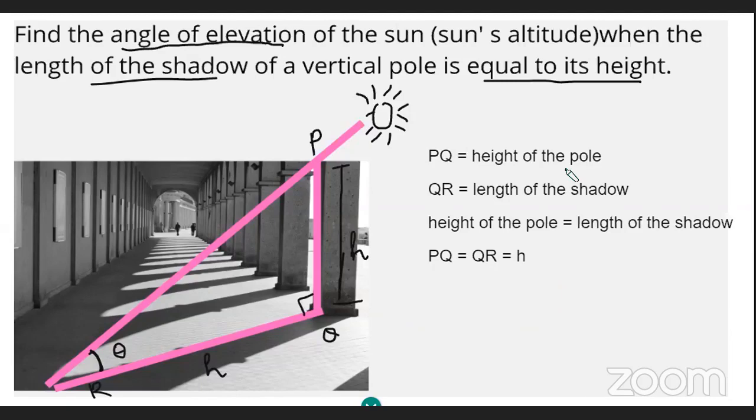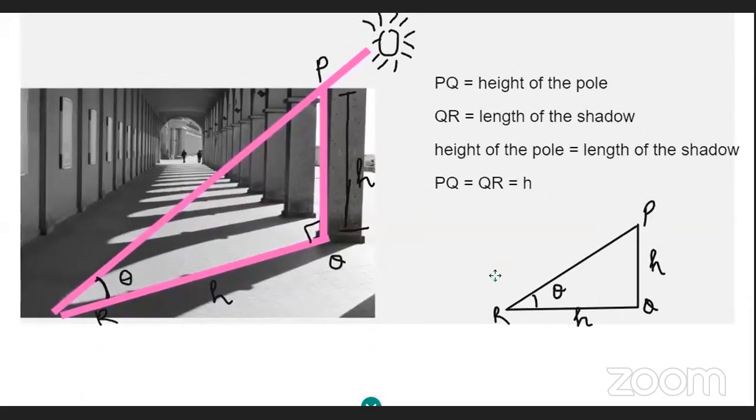Please draw the figure. I'm going to draw it below. So you can put this figure like this. For a simpler way of drawing it, you can draw it like this. Then you put your P here, Q, R. Okay. This is your H. This is your H. And this is our theta. All clear with this? Any doubt with the figure? Okay. So should we go and solve it? All have drawn it? Yes, ma'am.